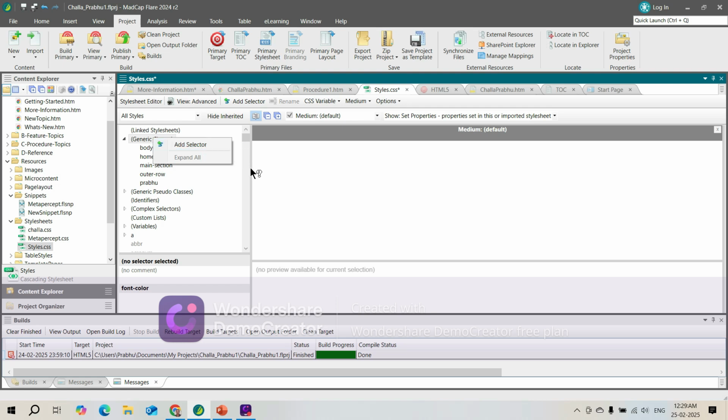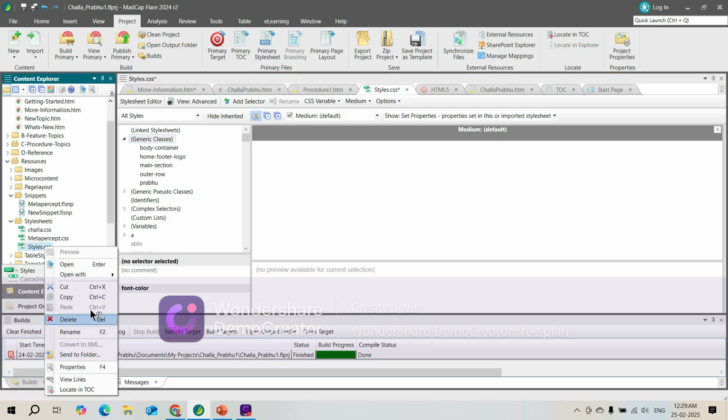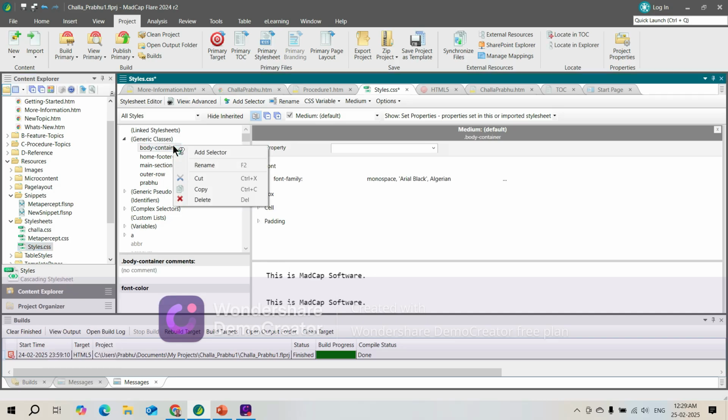Okay. And one more thing I just want to tell that after discussing with the MadCap documentation manager, I spoke to him that why should we call it add selector? Why can't we say add class? Because whenever we come to a style sheet and we say that we need to edit some class, okay, so I just come here and say that I want to